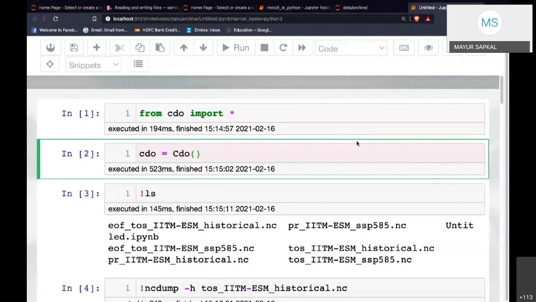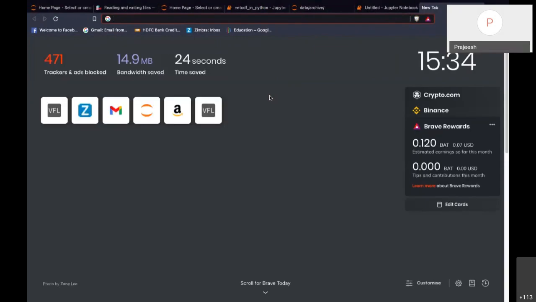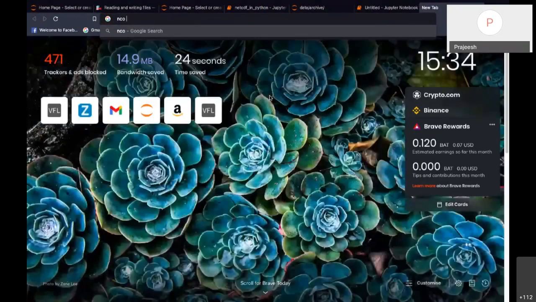Okay, so if you just want to rename a coordinate, it is too much work if you're using Xarray. You don't have to use that. It can be done in a single command using NCO. I can share the link here if you want, or you can just search for NCO rename coordinate. It's not just coordinates. You can rename anything using NCO.